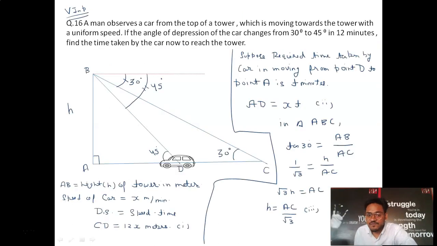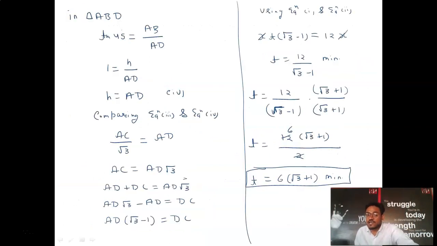Again I am explaining what I did. I first wrote CD and AD in terms of speed and time. In every question I assumed the triangles ABD and ACD, and from the two triangles I related AD and DC. CD or DC is the same thing. AD or DC, I replaced by speed and time. From here the speed gets cancelled, and I have calculated the time. So remember, this question is going to be very important.